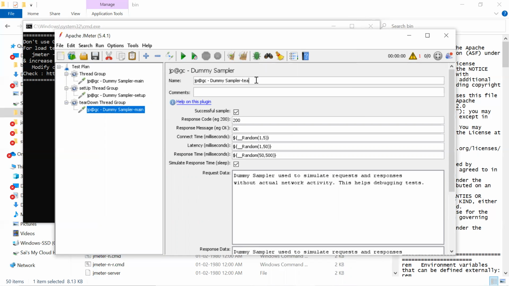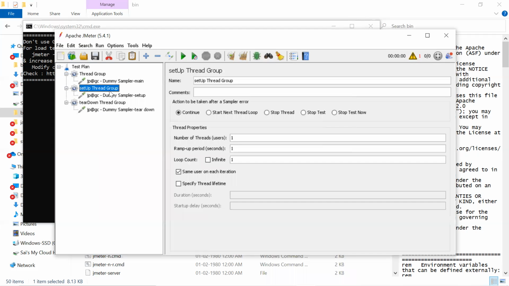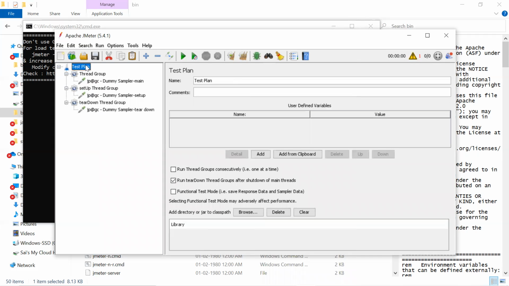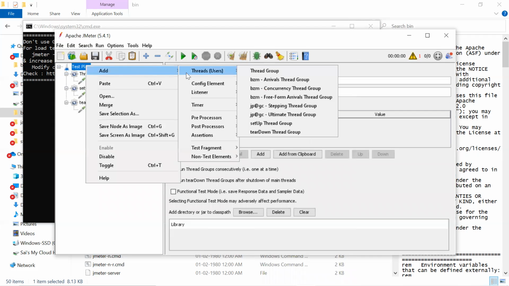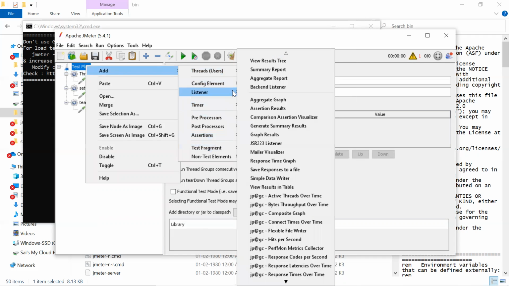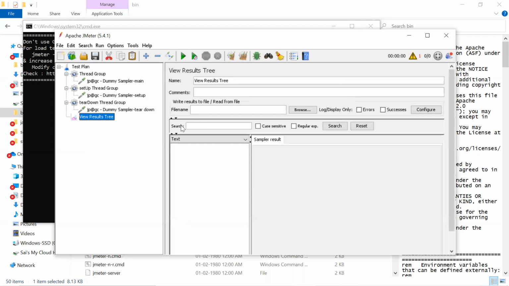This is a tear down. So wherever you keep them, in any order, these three will execute with all setup first, then main, then the next. Correct. Now let's run and check.